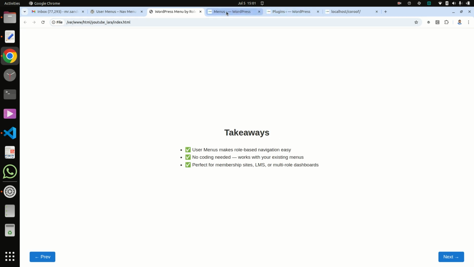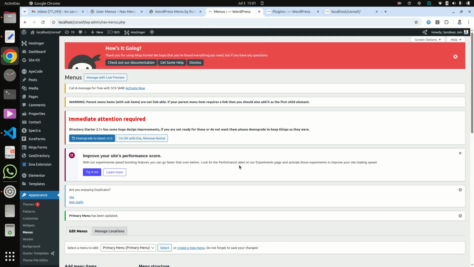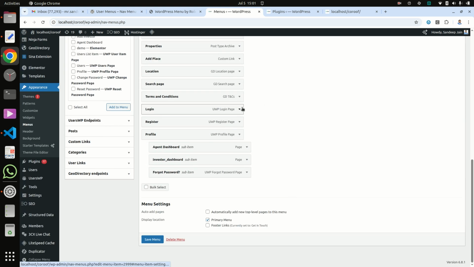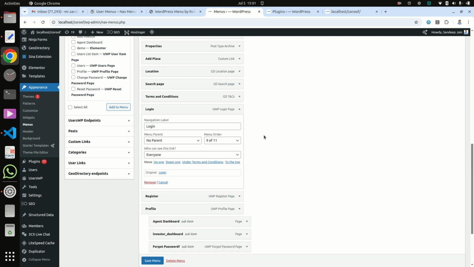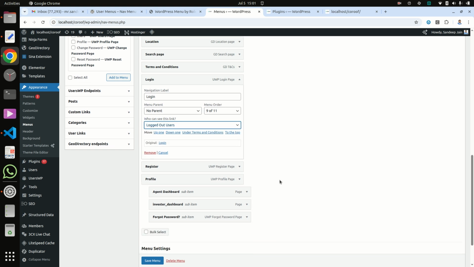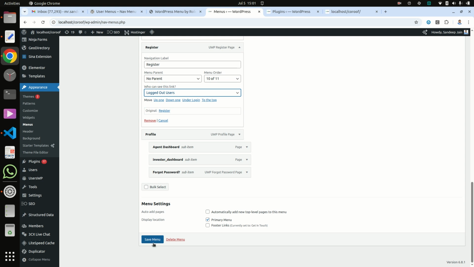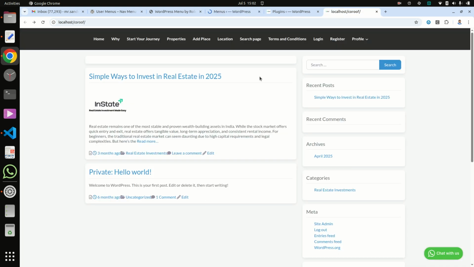Now go to any existing menu, like I have this menu. Now I want the login page only for logged out users, not for logged in users, and also the register page only for logged out users, not for everyone. And click on save. Now check. Now there is no login